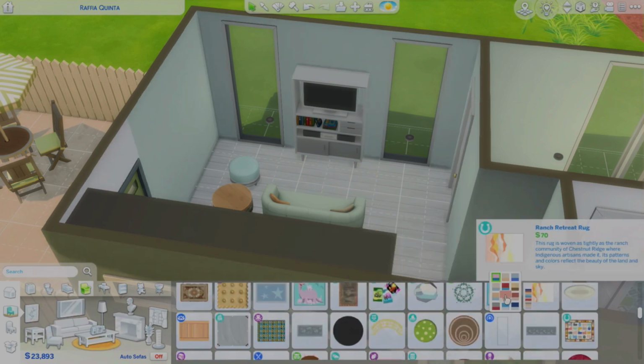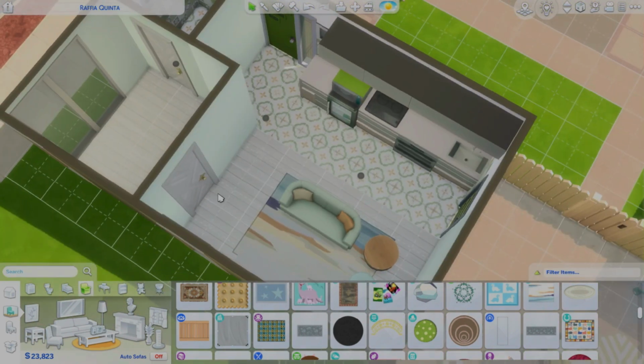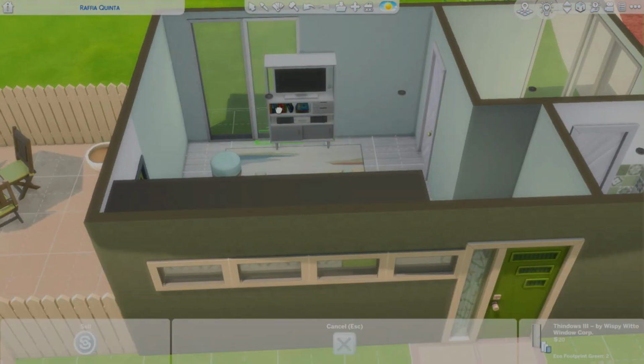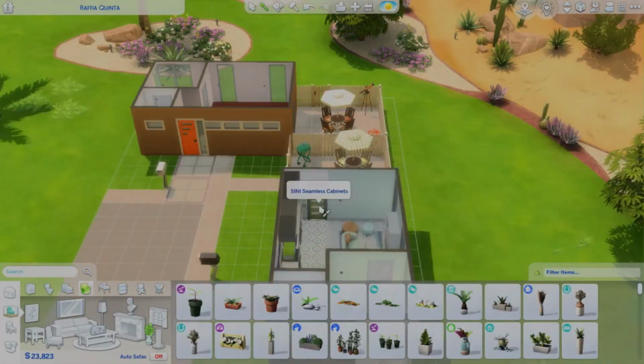I actually put in the cat furniture off screen because I forgot that he had a cat at first, and then when I went to playtest this build, I was like, oh god, he's got a cat, so I gotta put some stuff in there. I'm using some high school years furniture, the couch and the little ottoman, as well as the tiny living TV stand, and I'll actually use the TV stand in both apartments just so they're a little bit similar,